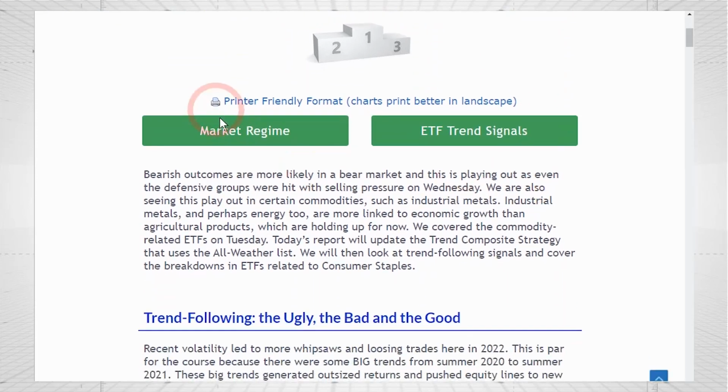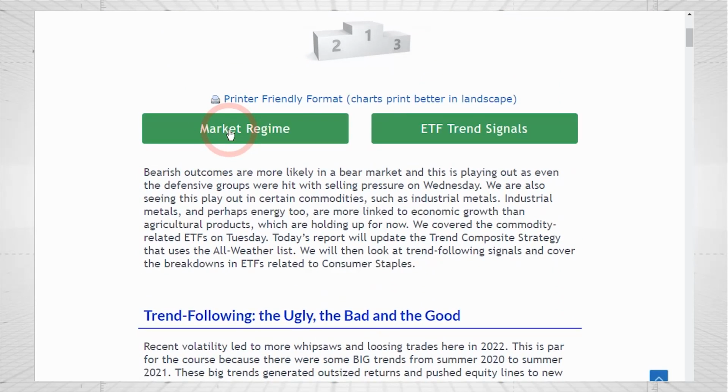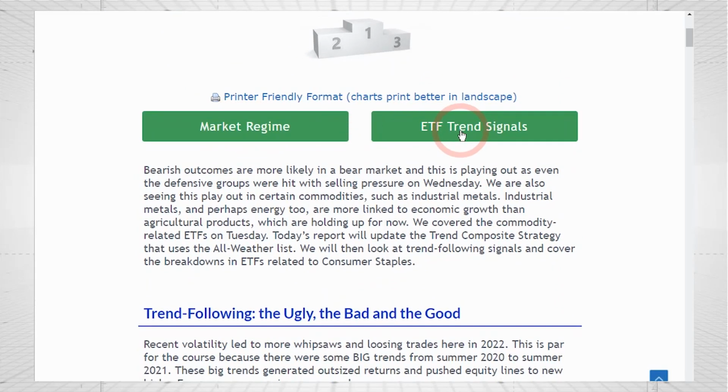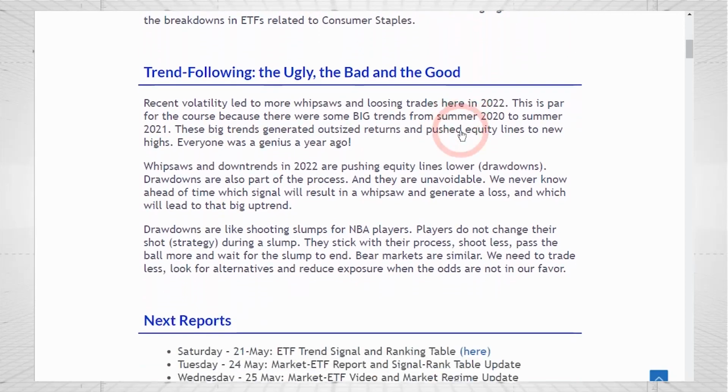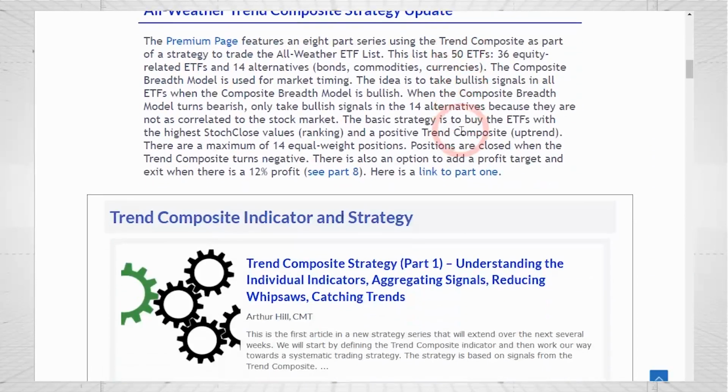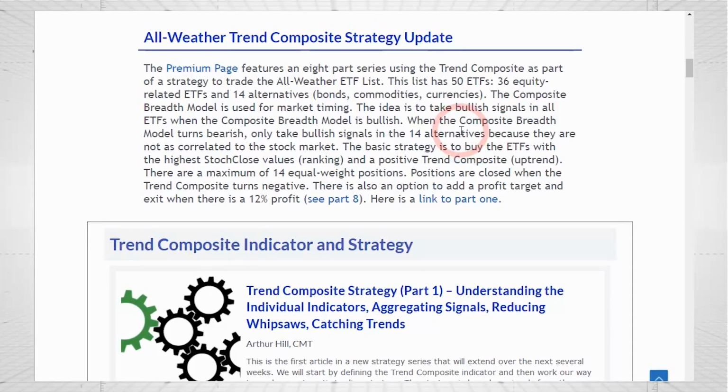And up at the top, I've got my market regime link, so we know if we're in a bull market or bear market, and then the ETF trends and signals. But what I want to talk about is the all-weather trend composite strategy. And what we do is we have 50 ETFs, 36 are equity-related, and 14 are alternatives, such as bonds, commodities,